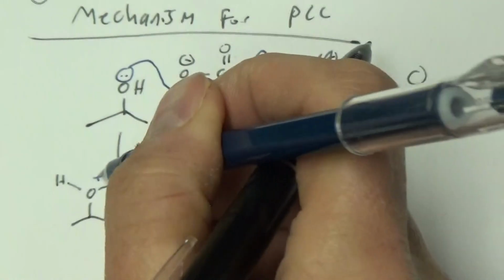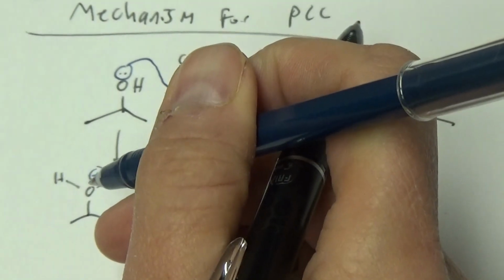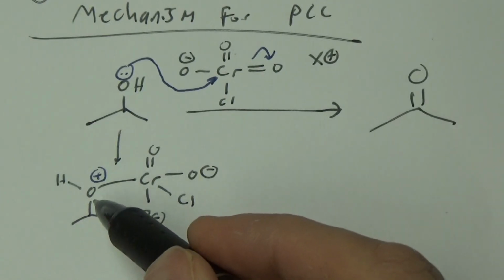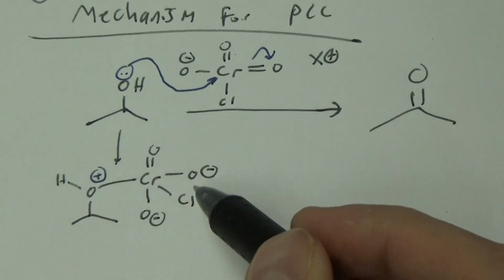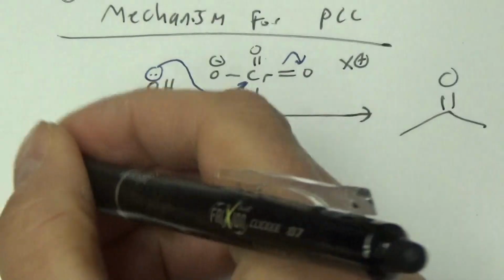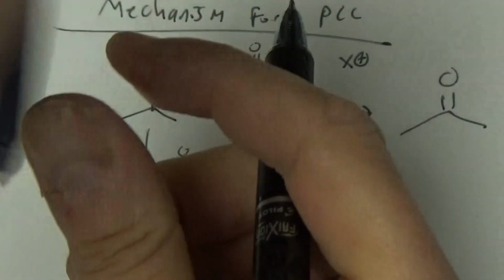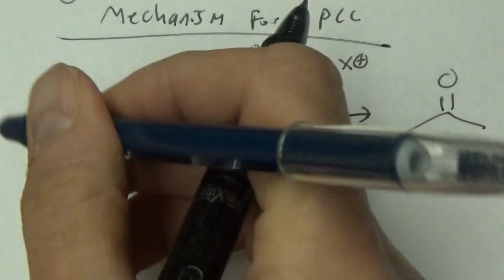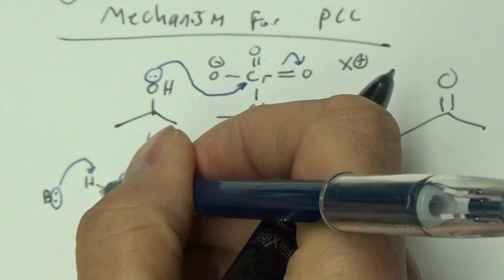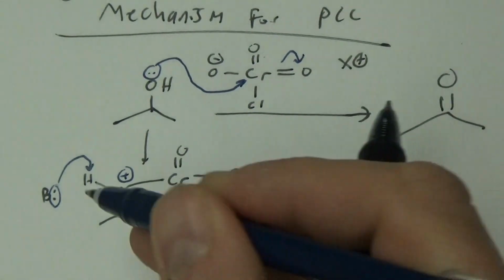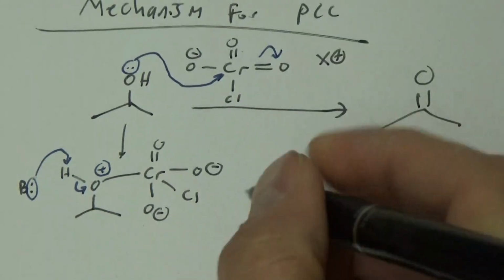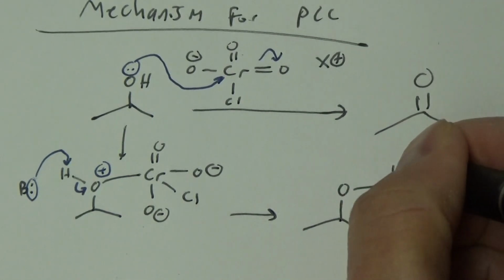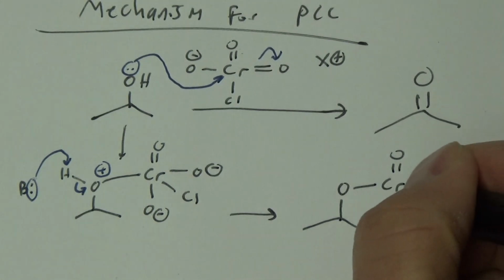Charge is now plus. Something takes off that proton. In the case of PCC, you don't really have water around, so some mild base does this, and it might be related to the pyridinium or something, but not a big deal. It's just a base, B with a lone pair. Something takes the proton. Alright, now we got this thing, O minus,